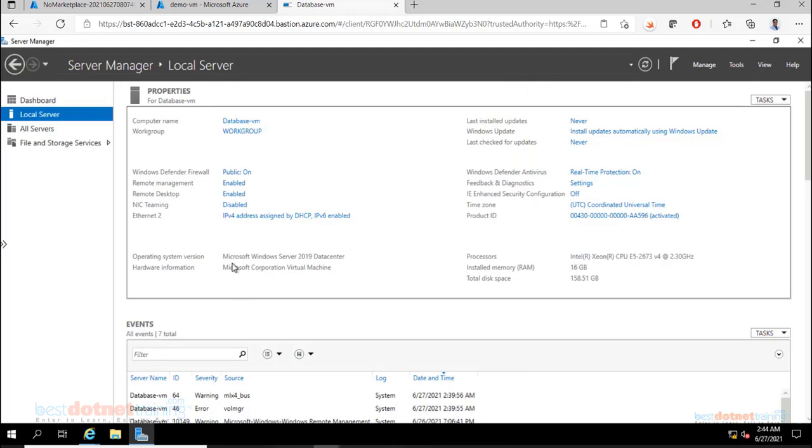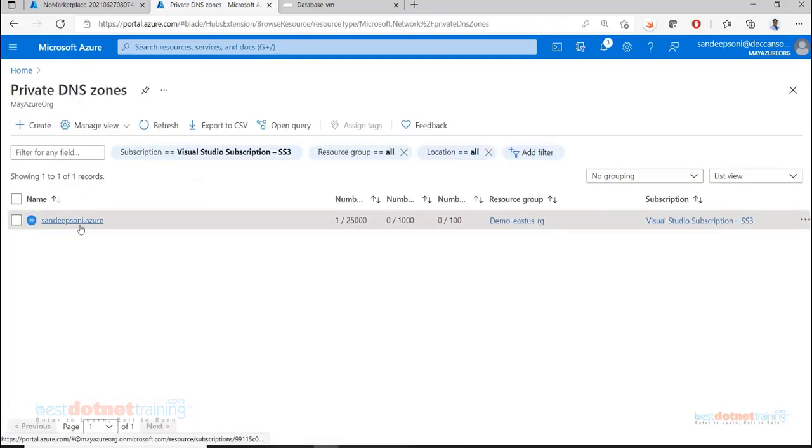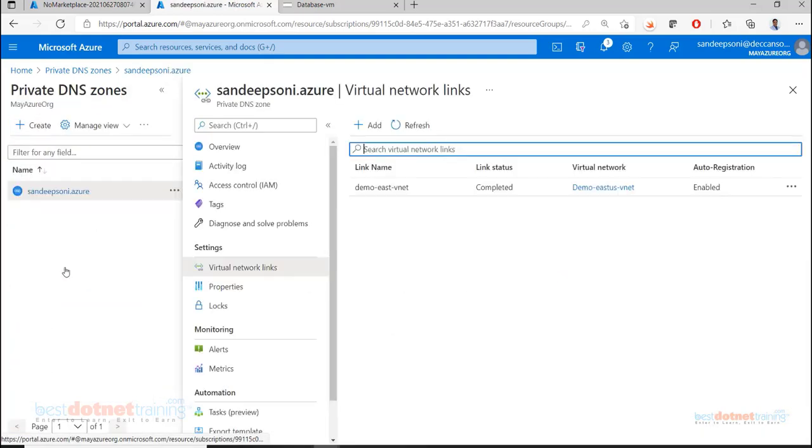Now, the important thing. The domain name registration which we have done is a private DNS zone. It is only accessible from the virtual networks and virtual machines which are connected to this particular domain name. So if you have 10 virtual networks, you'll have to put all 10 virtual networks over here.